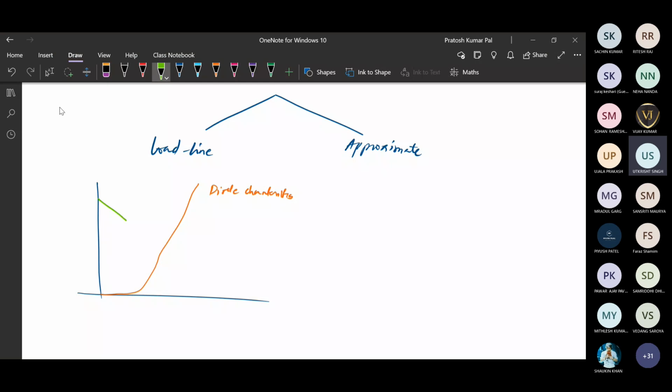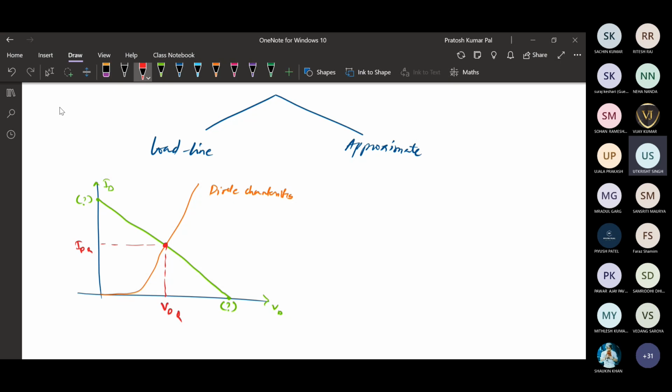So with respect to that, we need to find out the DC load line. To find the DC load line, we need to find this point and this point on the graph. Once we have found these points, we have the diode characteristics and the network characteristics. At the point where these two cut, that will be your operating point, and at this point, what will be the value of VD and ID? That will be your solution to the circuit.